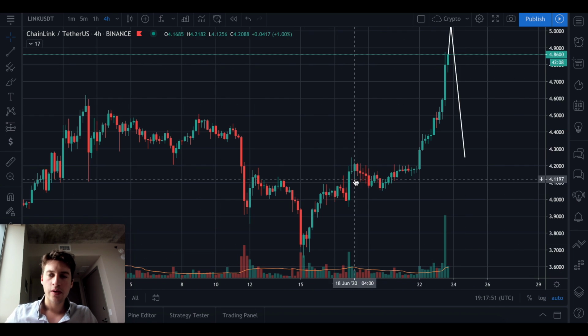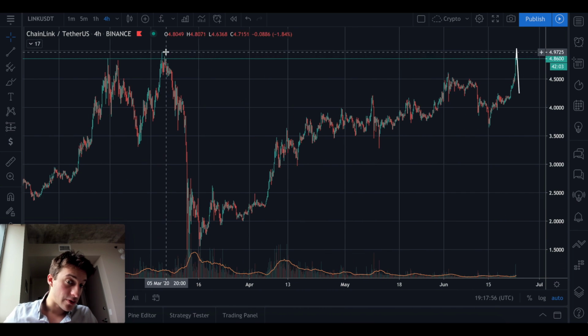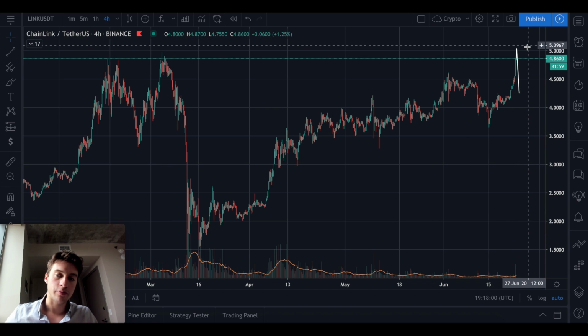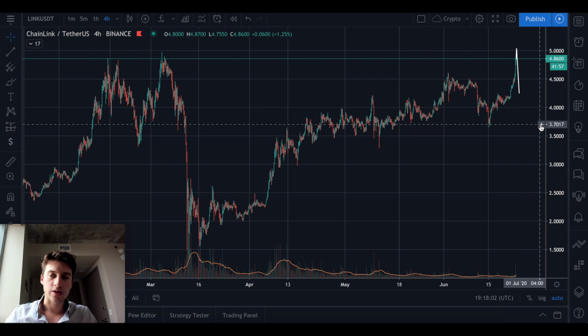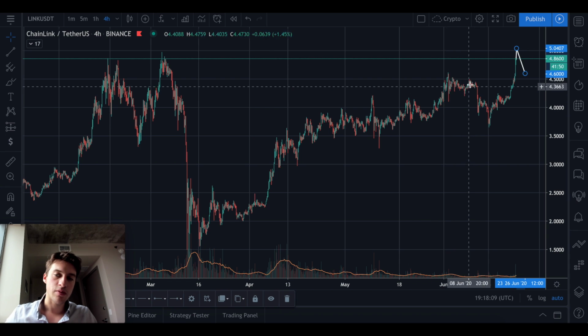Let's go back to auto scale. So if we get something like a pump right above 5, and also that's above these highs here, anyone who put their stop loss right here, you get a high volatility pump right above 5, and then you just crash the price. And when we crash the price, we probably get it down to like 4.6, which is previous resistance here, because there may actually be underwater shorts here. And if there are a lot of underwater shorts here, they might want to buy if price comes back here.